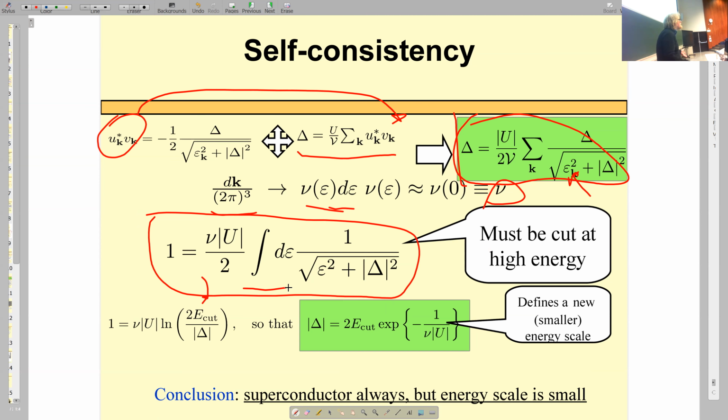After that, I can compute this integral. It's eventually a log, and this is the self-consistency equation. The solution of this equation is as I write. Good. First of all, it seems large. It is proportional to the cutoff. Cutoff is Fermi energy, so it's supposed to be big. Not really, because it is multiplied with an exponentially small factor. It is exponentially small if interaction is weak. And that appeared to be the case of most metals. So this exponentially small factor,